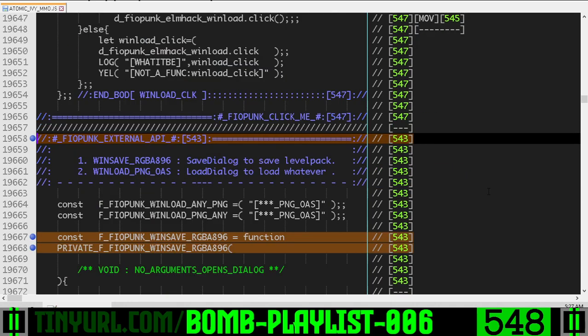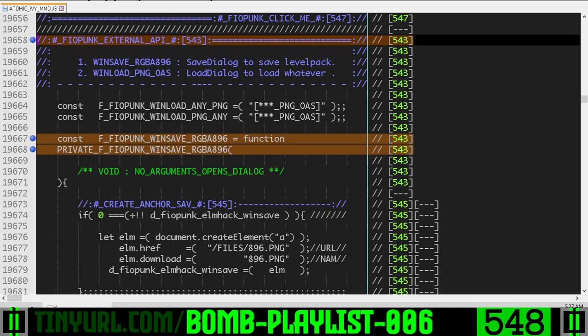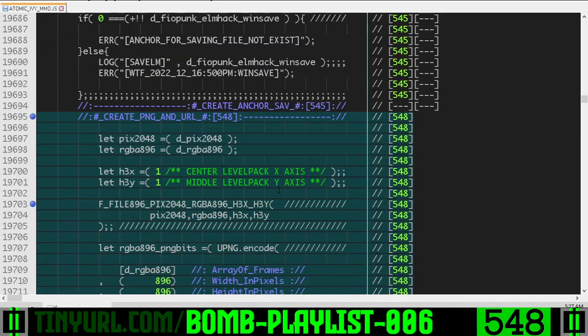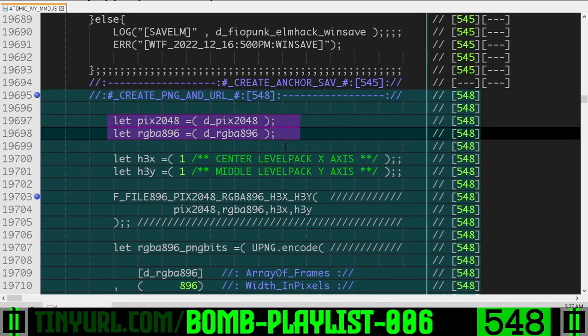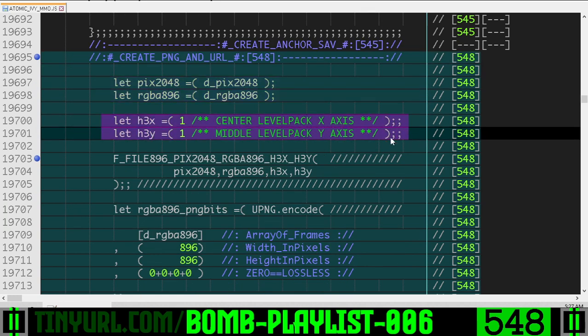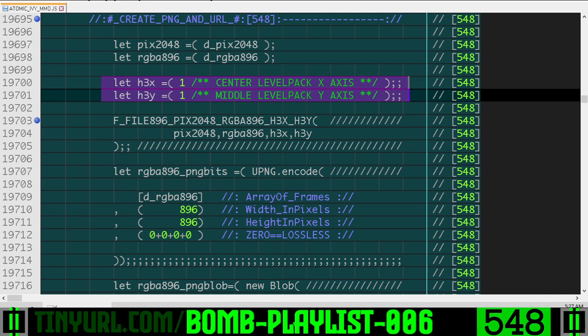In Fiopunk, within the Fiopunk external API section within WinSave RGBA896, this is going to save the new file format to disk. We've created this section, create PNG and URL. We got some shorthand references here. We're going to use the center level pack. That's the level pack we're going to save to disk. And we're going to use our File896 code to grab a level pack from somewhere in Pix2048 and copy the